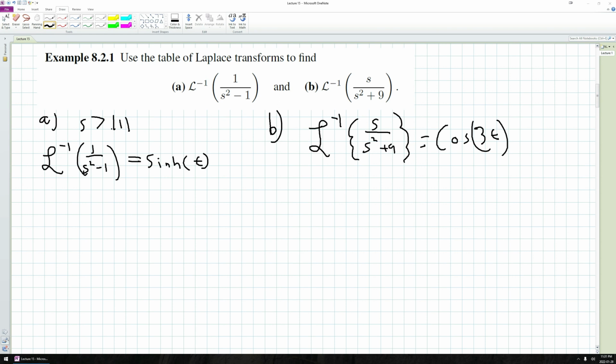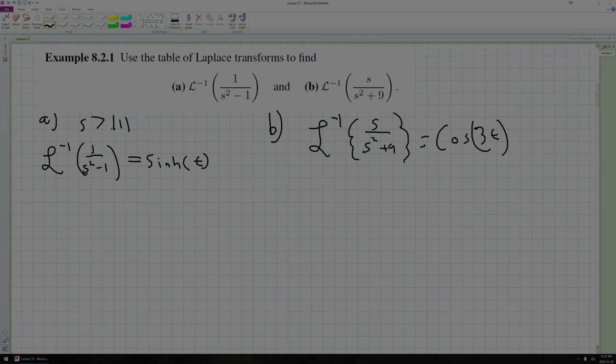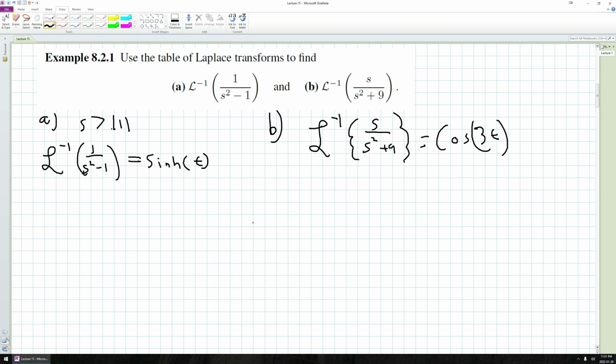Okay, so another nice thing that we might want to possibly have in order to compute these inverse Laplace transforms are some of the properties that we had in our last lecture for the Laplace transform itself, right? If I'm using tables, then it's nice if I maybe have some type of shifting thing I can do, or maybe linearity. And it turns out that you actually have both of those, but generally shifting is kind of more absorbed by the tables themselves. So let's just talk about this theorem 8.2.1 real quick. It's pretty straightforward,